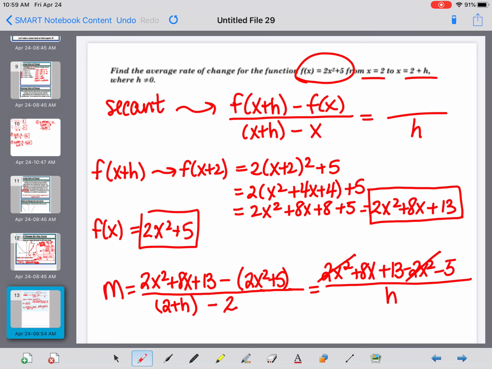Okay, we can do some canceling. Those are going to go. Okay, and we're going to be left with 8x plus 8 over h. So we are going to have an h in our final answer. Okay, we're going to leave it. Whoops. Didn't mean to draw right through that. We're going to leave it. Okay, and so that is going to be